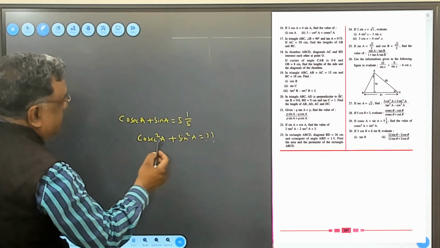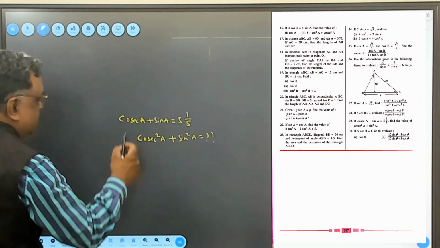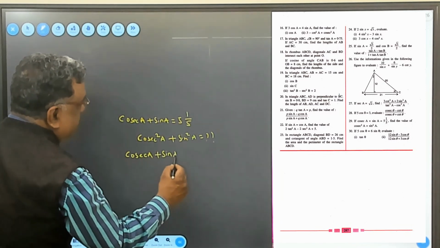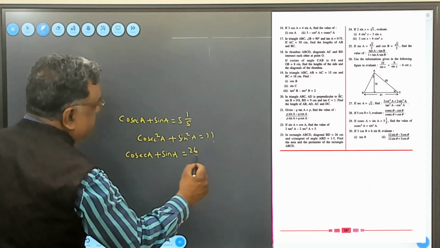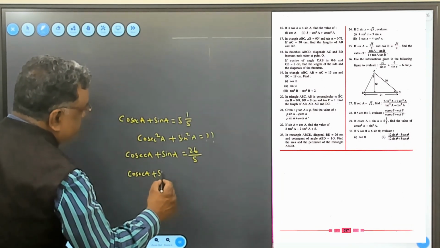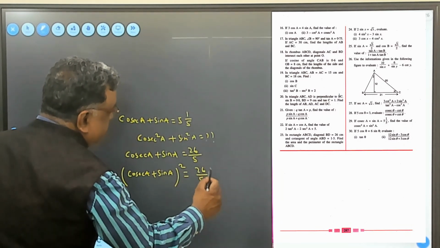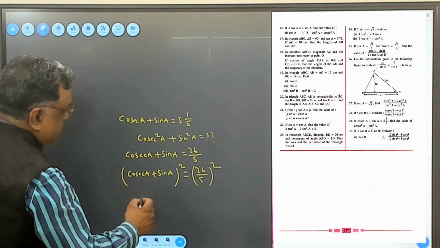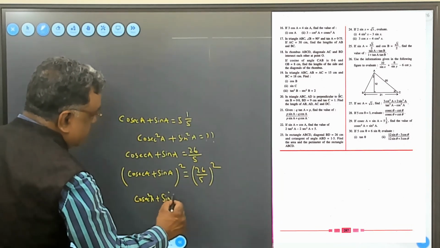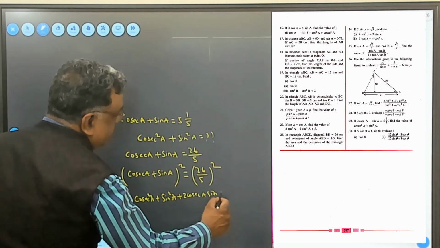So since I need cosec square A plus sin square A, I have been given cosec A plus sin A, which I have to square both the sides. So let me first write it in a proper fraction way. So this I can write it as 26 upon 5. Now I will square both the sides. Is 26 upon 5 the whole square. So this will become cosec square A plus sin square A plus 2 cosec A sin A, and this will become